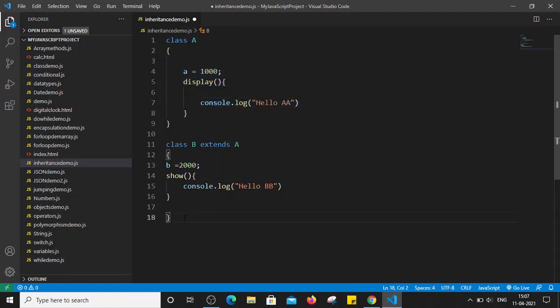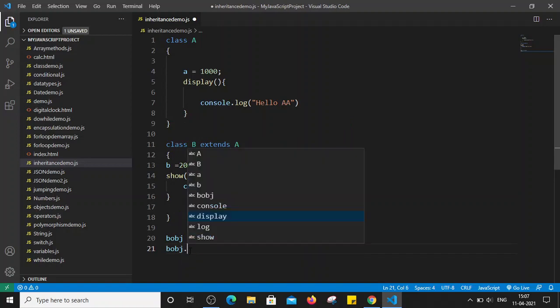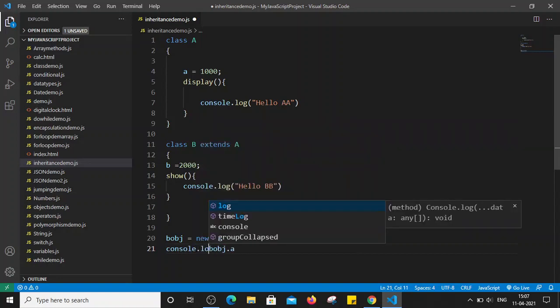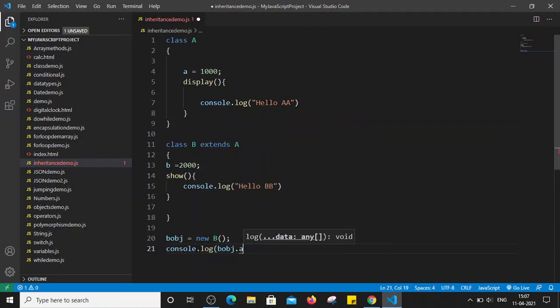Now let's create one object. I'm going to create an object, let's say B obj, that is an object of class B, new B, and let's try to access the class variable of class A, B obj dot A. So we are going to print console.log B obj dot A. B obj is an object of class B, and we are trying to access the property of class A from class B's object.